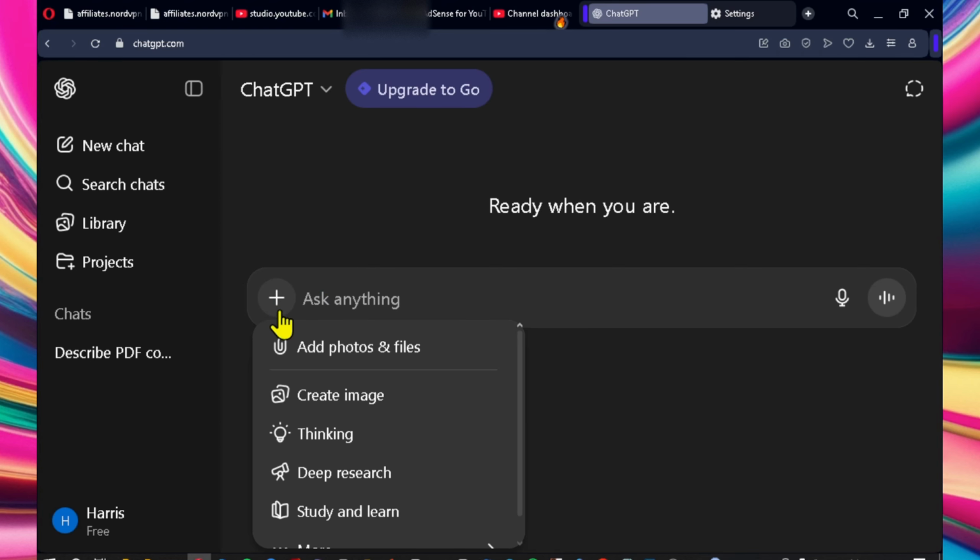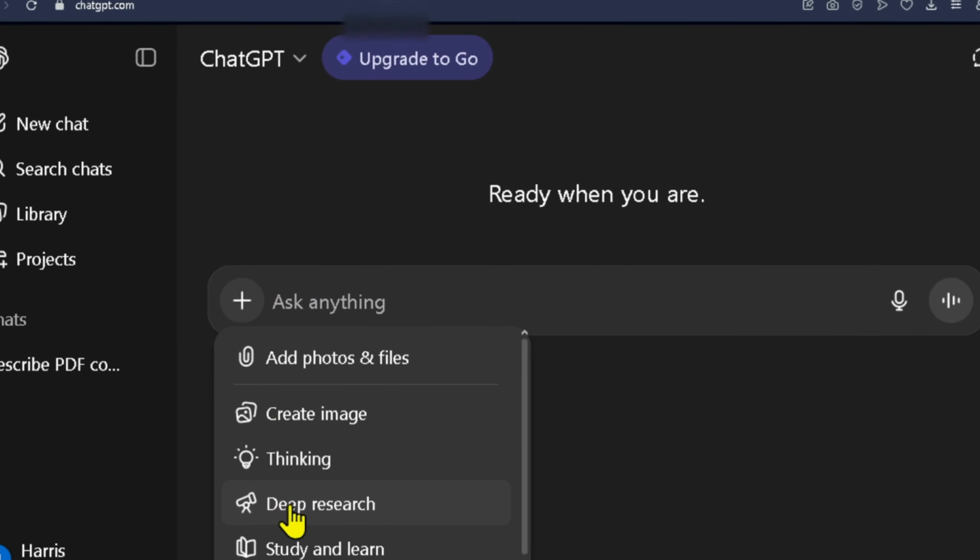Have you ever asked ChatGPT a question and thought the answer sounds outdated? Well, that's about to change. OpenAI dropped something powerful called deep research. And today we're going hands-on to see how exactly it works, how accurate it really is, and if it's better